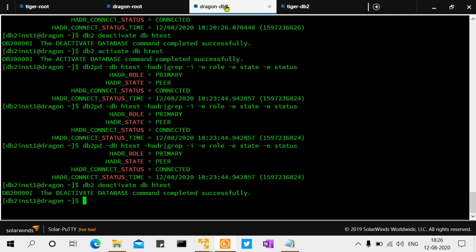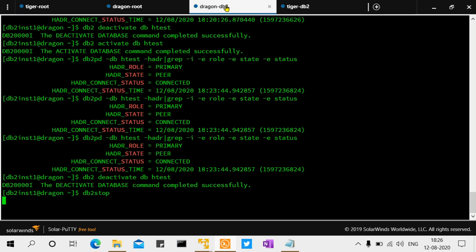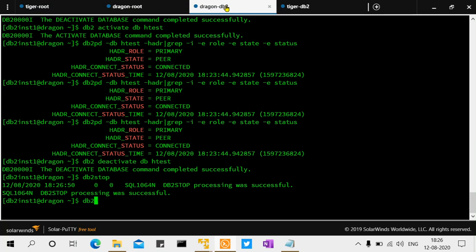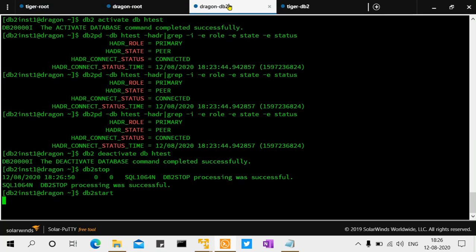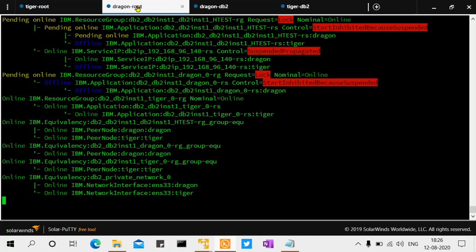Okay, deactivation, and we'll stop the instance also. And we will start the instance back. Let's check, because sometimes maybe it can do something.